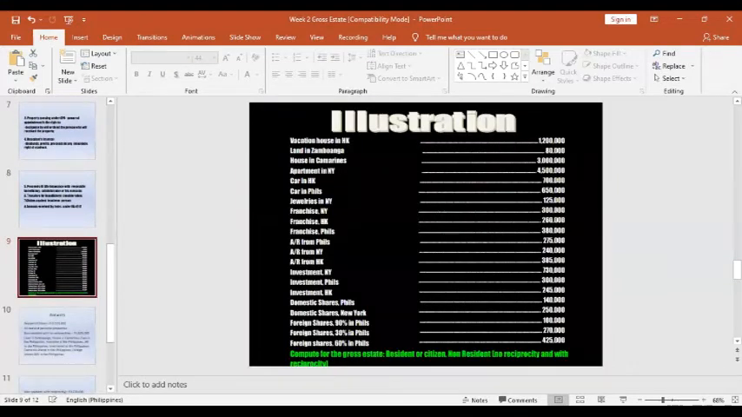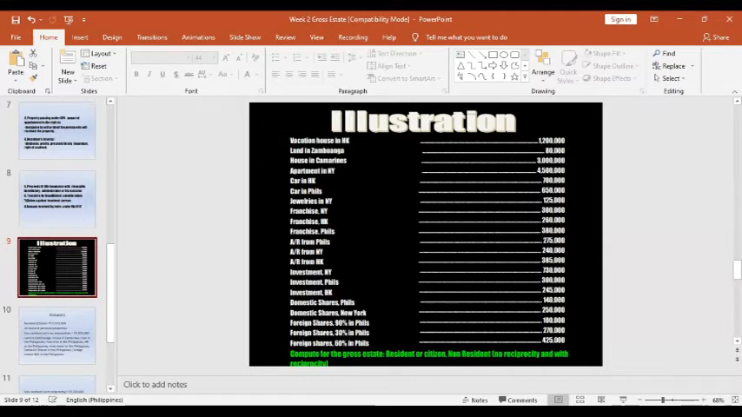Okay, so let's have the following illustration about the inclusions of the gross estate. Let's say a decedent has the following estate to be transferred. Vacation house in Hong Kong, land in Zamboanga, house in Camarines, apartment in New York City, car in Hong Kong, car in the Philippines, jewelries in New York, franchise in New York, franchise in Hong Kong, franchise in the Philippines, accounts receivable from the Philippines, accounts receivable from New York,